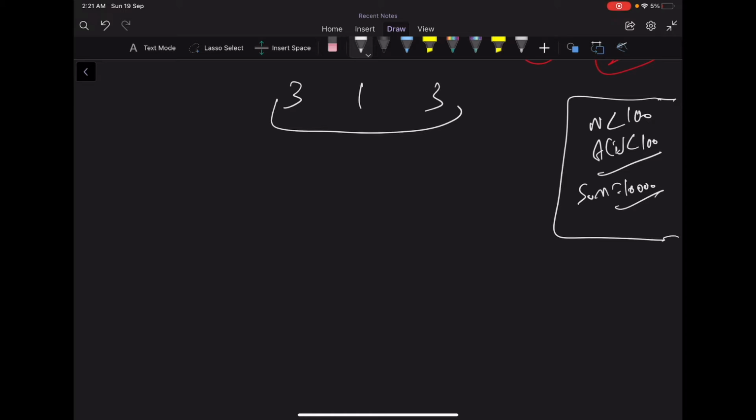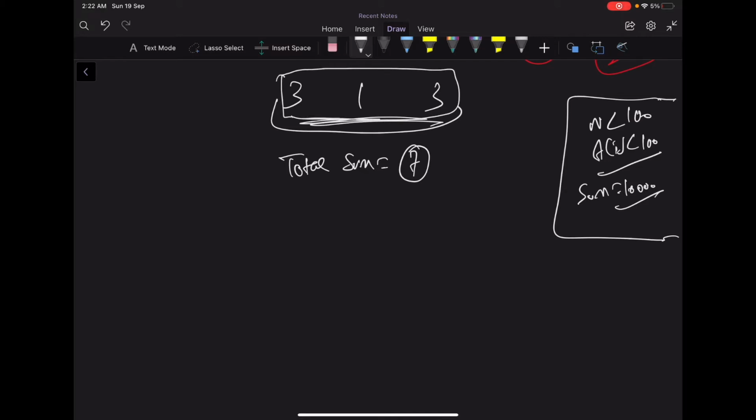Okay, so what is the total sum for this array? It's 7, right? Although we know that the subset multiplication of some subsets can be bigger than 7, like if we take the whole array, it's also a subset, the product is going to be 9. Similarly, in these constraints also, we know that product of some subsets will be bigger than 10,000, but the sum can never be bigger than 10,000. So are we really interested in numbers which will be bigger than the total sum?